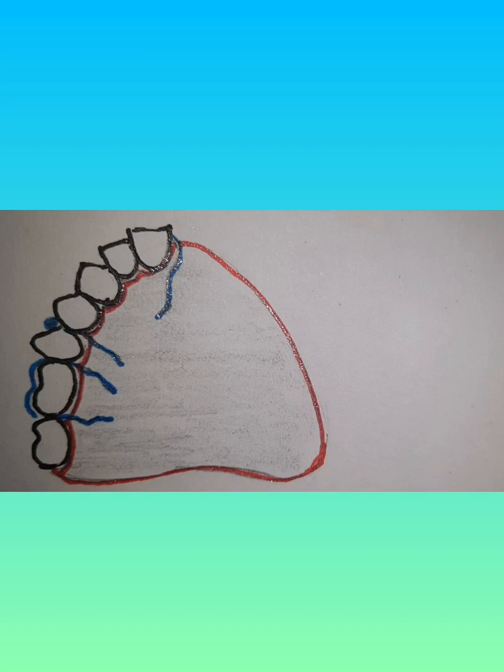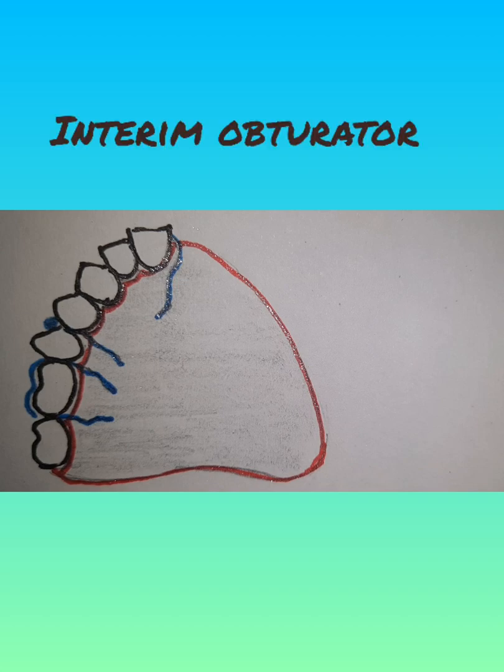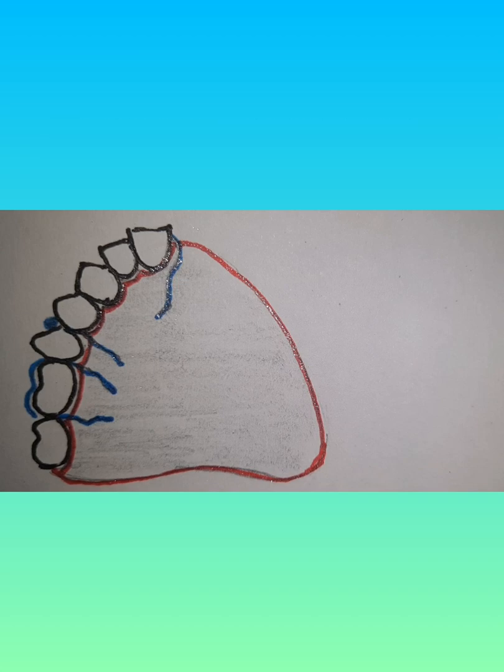Next is the interim obturator. Now, what is an interim obturator? An interim obturator, by definition, is a maxillofacial prosthesis which is made following completion of initial healing following surgical resection of a portion or all of one or both maxillae, frequently with many or all teeth in the defect area replaced by this prosthesis. So this is the definition of interim obturators, and interim obturators are fabricated once you have clearly defined margins of the defect.